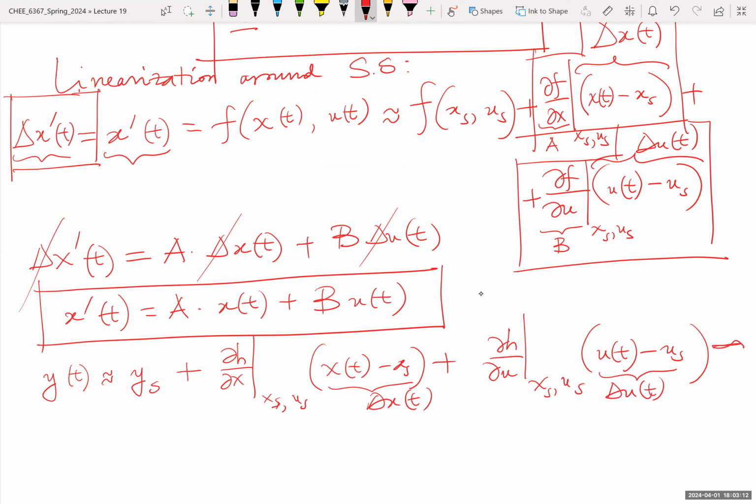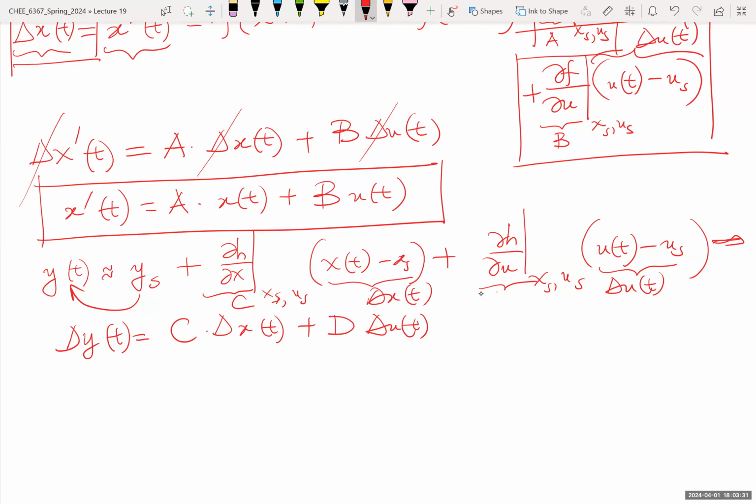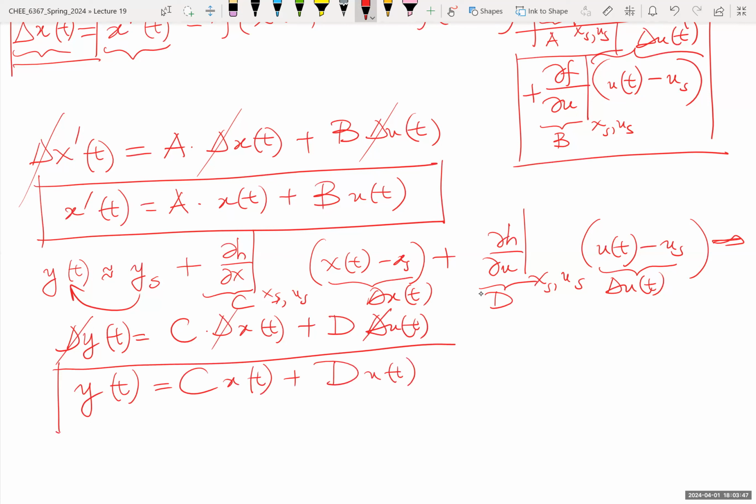So this is equivalent to delta y of t equals C delta x of t plus D delta u of t, where this is C and this is D, and typically we drop the deltas, so we have y of t equals Cx of t plus Du of t, and I'll frame this as well, and I highlight them